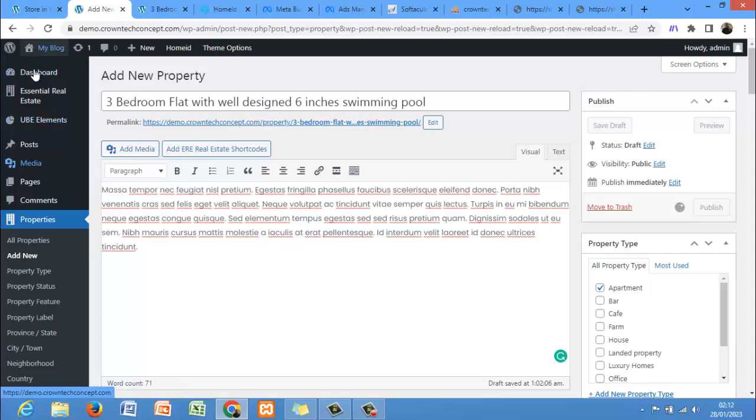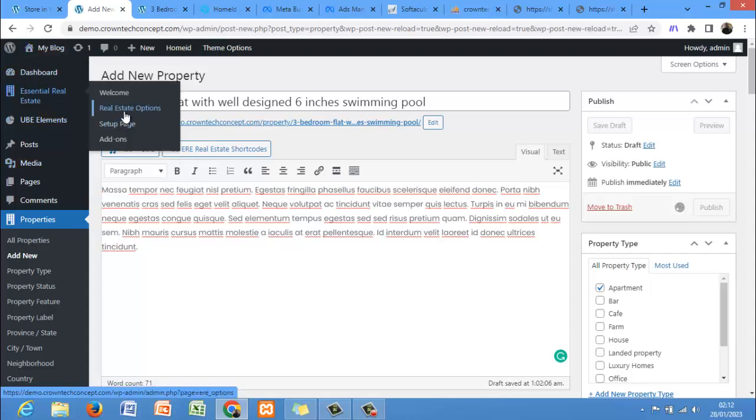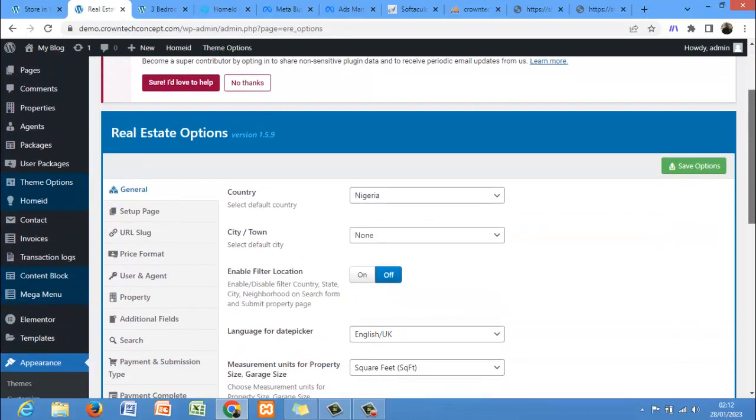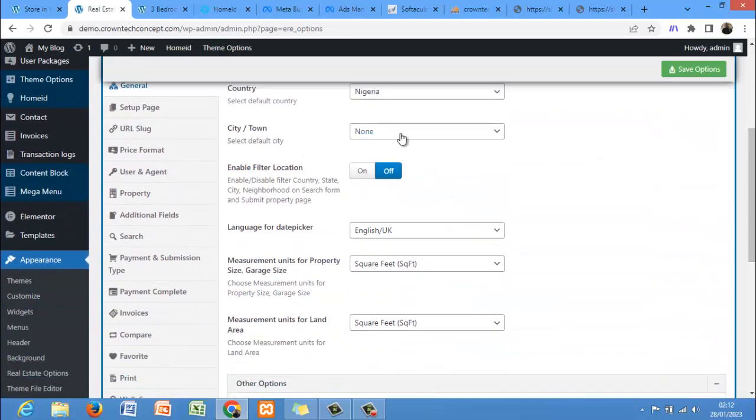Now before that, let's come to this Essential Real Estate. Click on real estate option. Now we want to do some setup here. Now coming to this page, we have the country is Nigeria. Select a default. We don't want to select a default state, or enable filter location